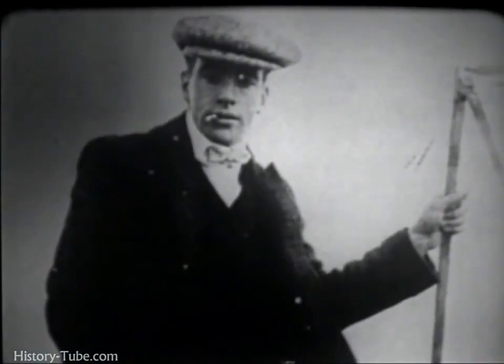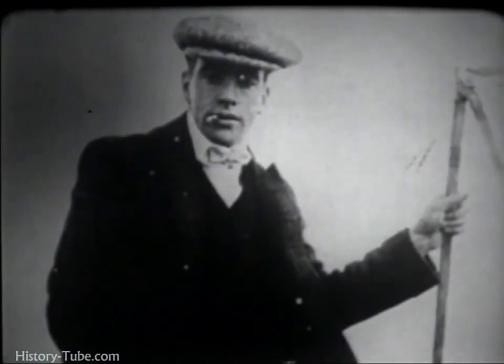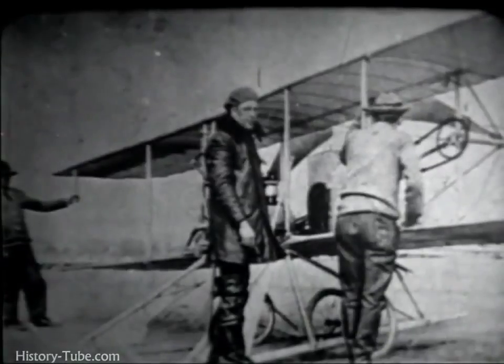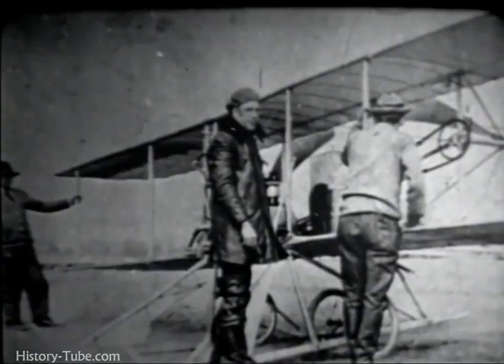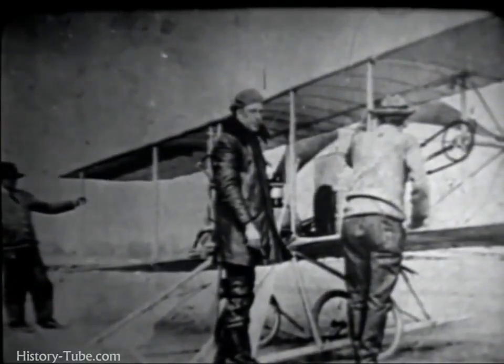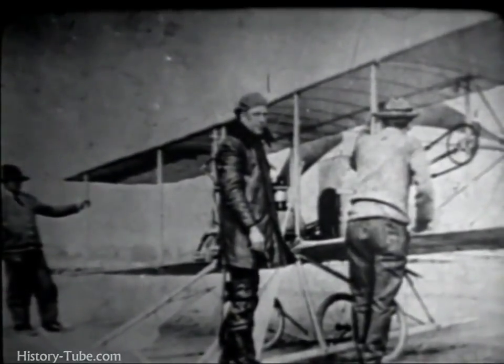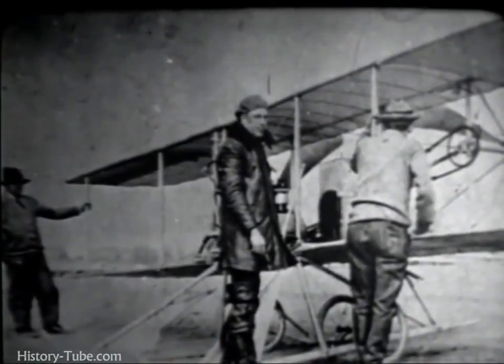The English flyer, Claude Graham White, flying a 100-horsepower French Blériot monoplane, won at a speed of 61 miles per hour. There were a total of 9 entrants from 3 nations, America, England, and France. Arch Hoxsey, also flying a small-span Wright airplane, but with a 30-horsepower engine, attained an altitude of about 7,000 feet at Belmont on October 27. On that day, the wind was so strong that his